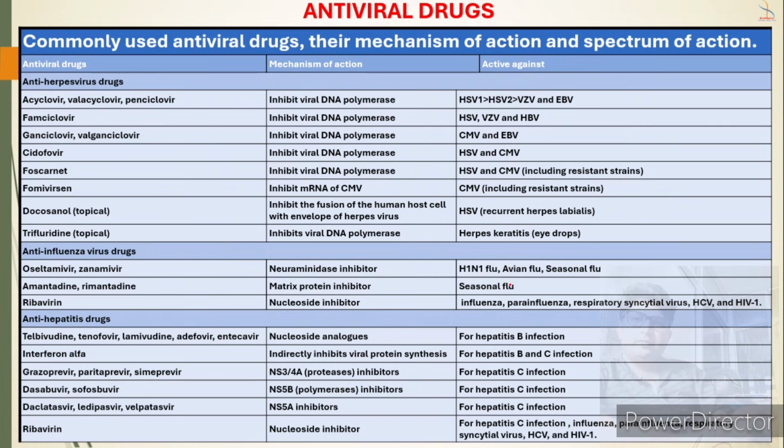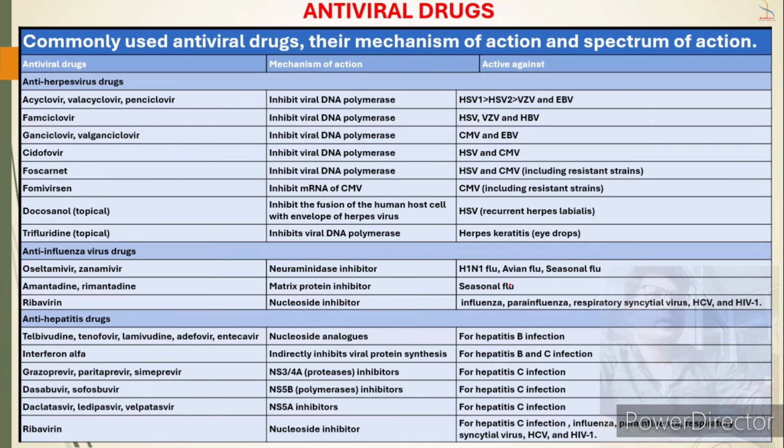Here I have given some antiviral drugs. As I have said, not all viruses have treatment, or this kind of treatment is given only in extreme cases, chronic cases, persistent infections or life-threatening conditions. Actually, virus-specific treatment options are very limited. So you can pause the slide and memorize it, or write it down, whatever you want.